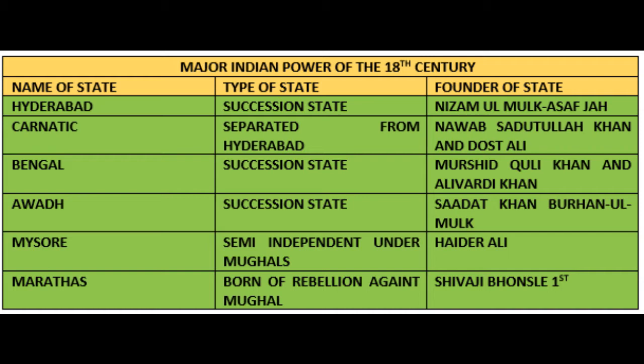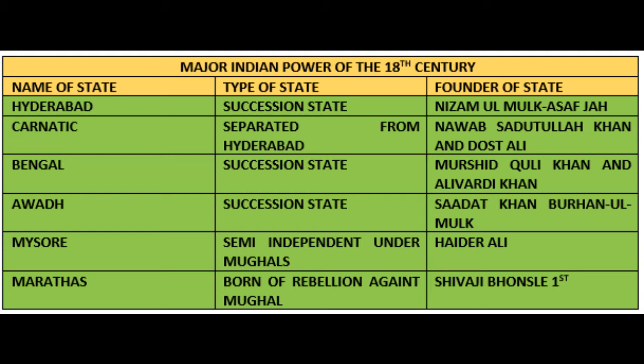Nizamul Mulk Asaf Jah established Hyderabad in 1724. He had helped Mughal Emperor Muhammad Shah in overthrowing the Said brothers. Nizamul Mulk Asaf Jah was officially still under the Mughal umbrella, but in reality, Hyderabad was essentially established as an independent state. Meanwhile, Carnatic was originally a Suba of the Mughal Deccan and came under the control of Nizam of